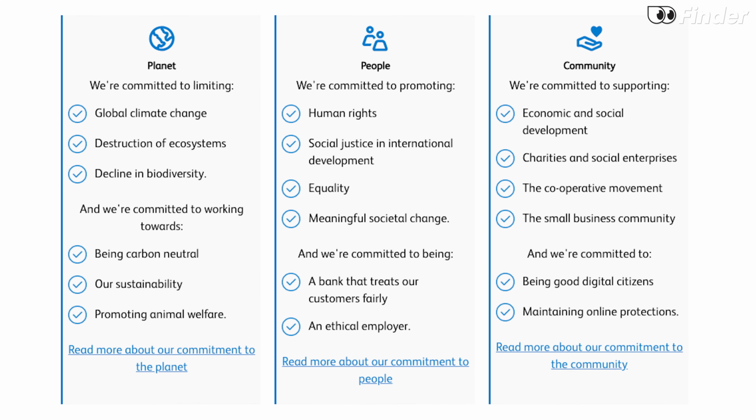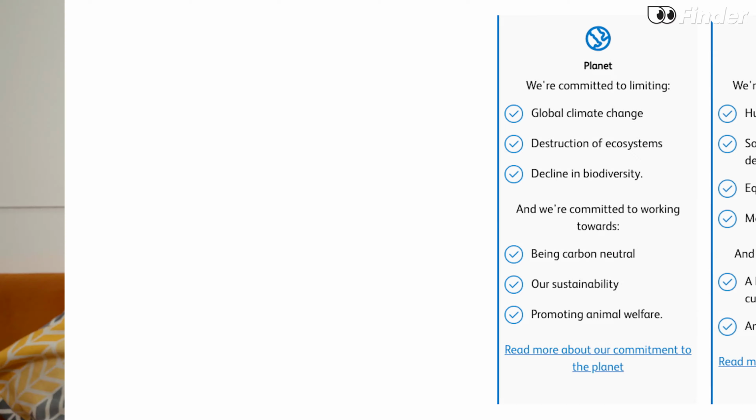Co-op have always prided themselves as being an ethical bank. They've got a public-facing ethical policy that supports the planet, people, and community. So maybe these current accounts could be a good option if that's your vibe. And you can actually read more about their policy by checking out their website or clicking the link up here. Ultimately,